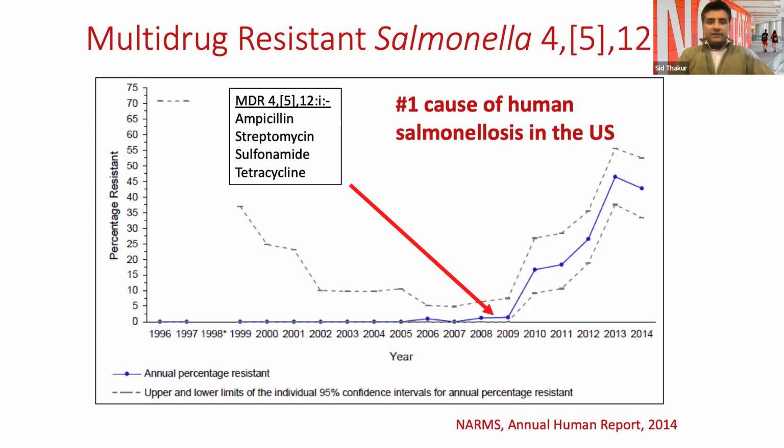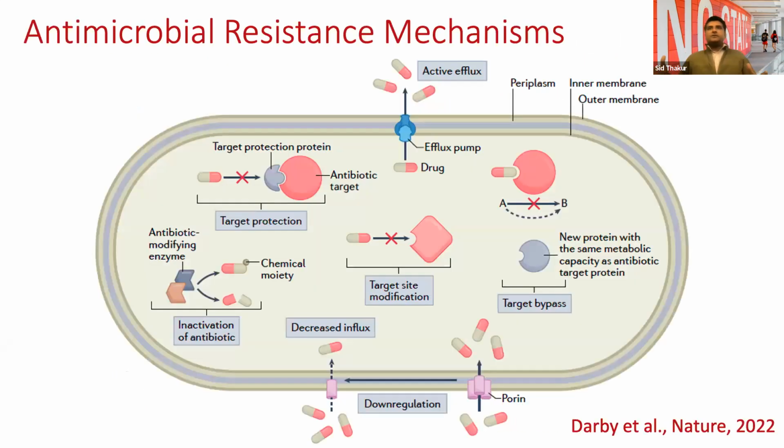Okay. Previously, as you can see, all the way from 1996, when FoodNet really started the surveillance system, it was not something to really worry about. So something happens when resistance comes in, it improves the fitness of the strain, the ability to cause infections, and I'll talk a little bit more about it. So before I start talking about all this resistance and stuff, I want to just take you through the common mechanisms. And it's fascinating. There are many, many different mechanisms. I like this one that just came out a couple of weeks ago in Nature, and a very nice pictorial as to what happens. So if I just take you through,